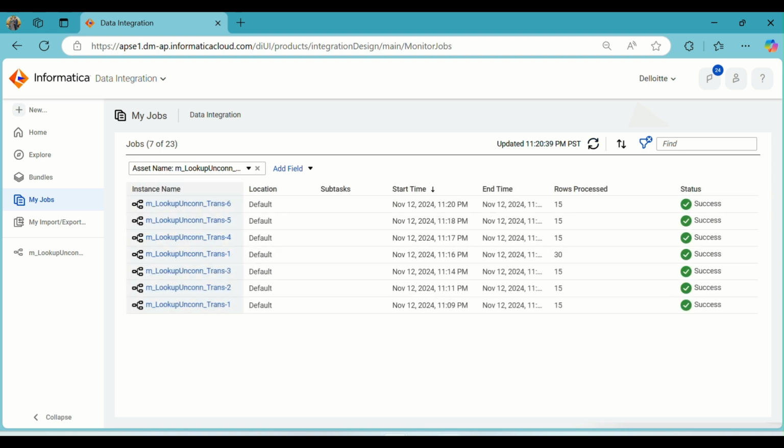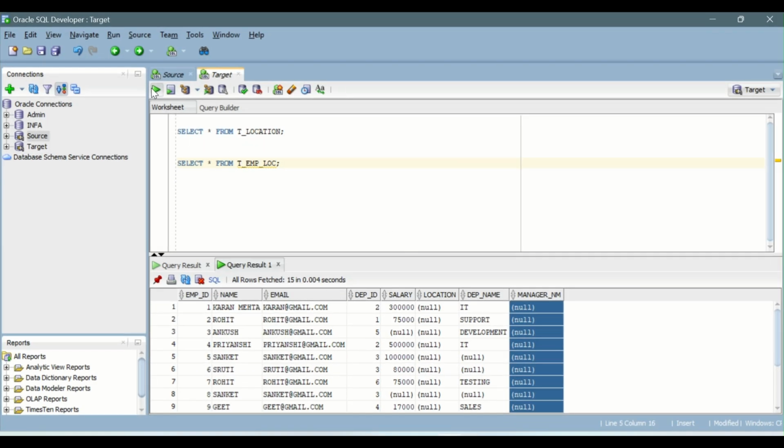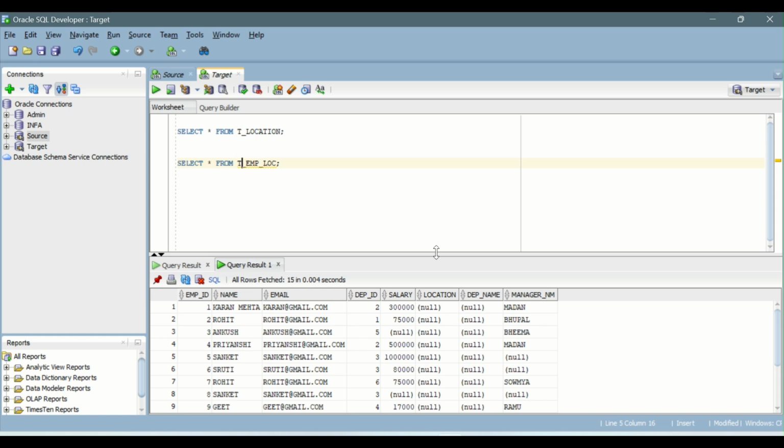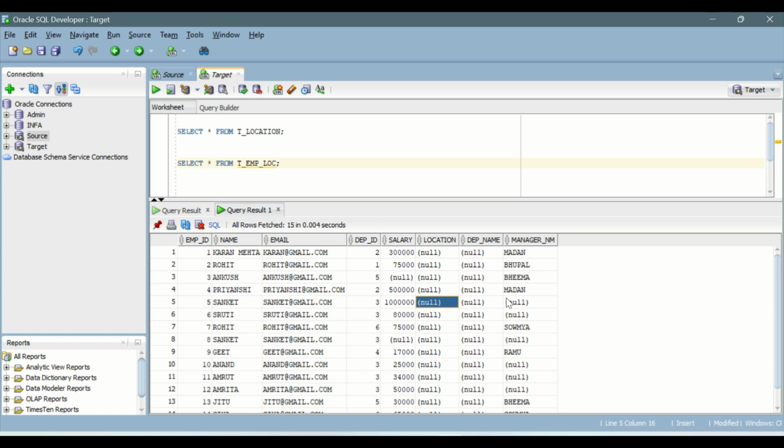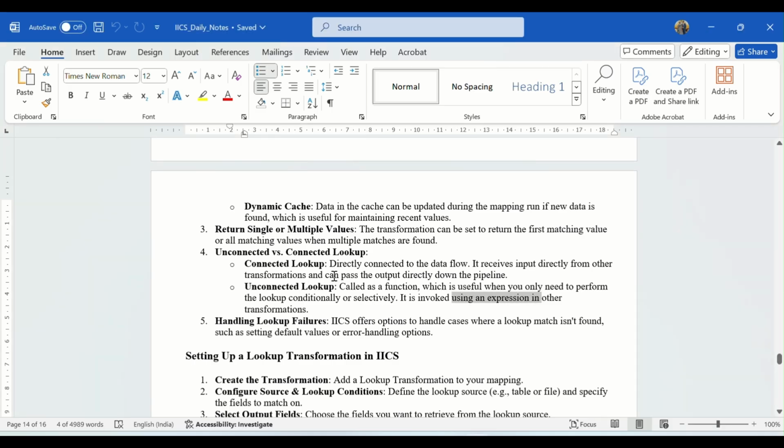So 15 records have been loaded. Let's check now. So now we got the manager names. Okay. So null values because we don't have department ID 3. So now what I have done, I have loaded only a single return value. So what you will do, you try to